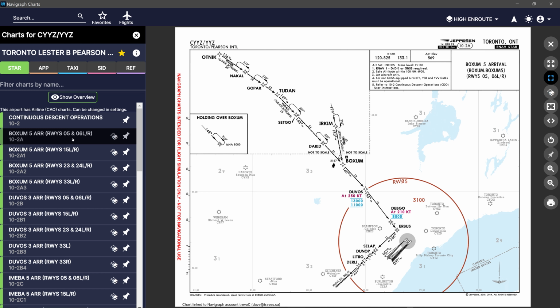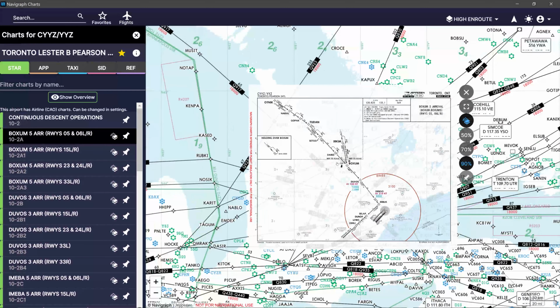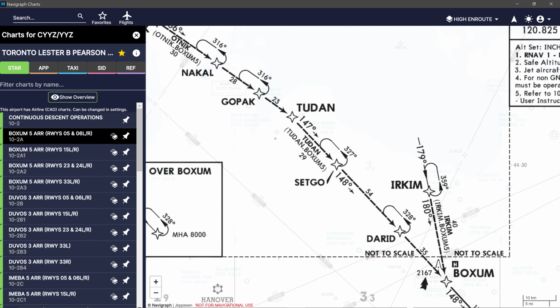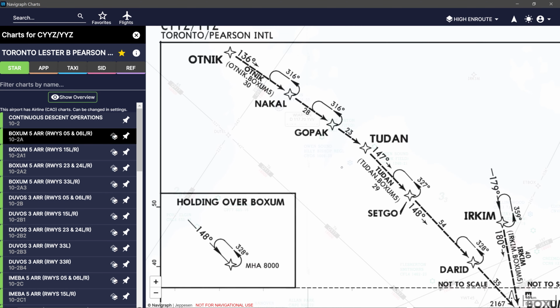Our Boxum 5 arrival chart for runway 05 and 06 left and right have the Boxum waypoint with transitions that diverge into Boxum for arrivals instead of out from Boxum for departures. The arrows always indicate the only direction you can fly these waypoints. You can now also start to understand from our previous lesson 102 in the series on en-route charts why